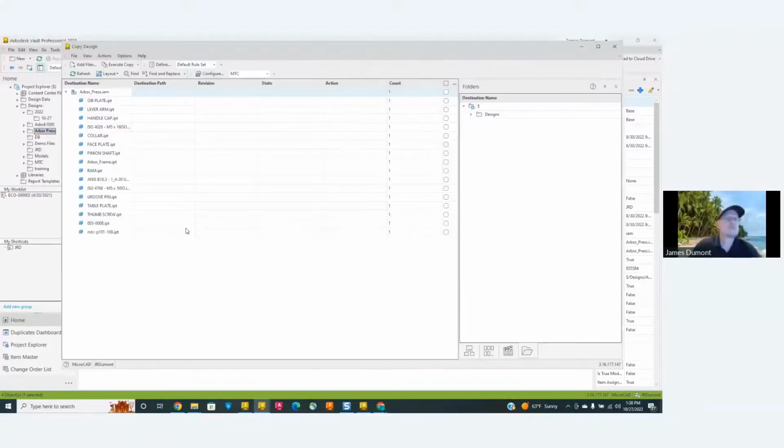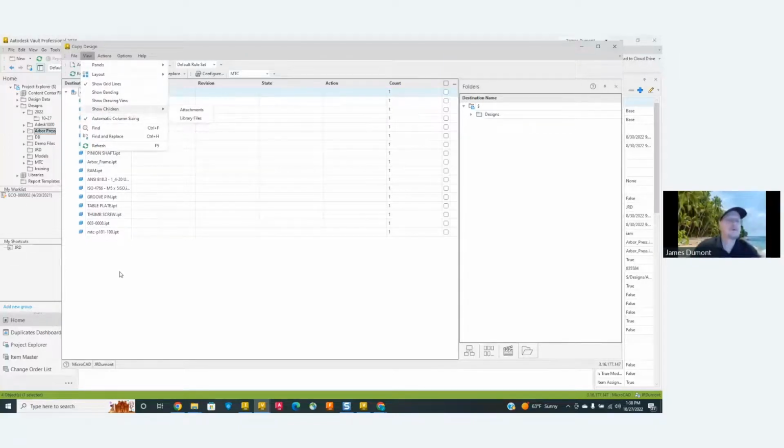What I like about this is that the library components will not display. This one is not the best example because these were not in the right path. Yeah, library files is off.